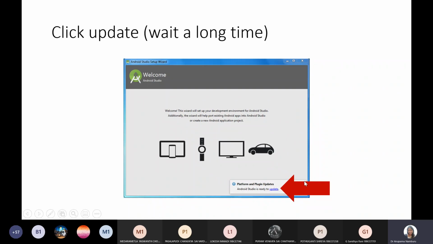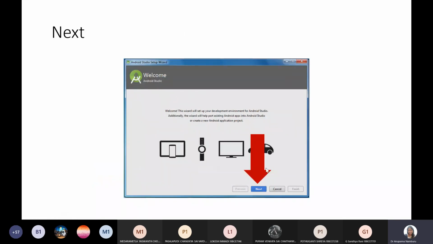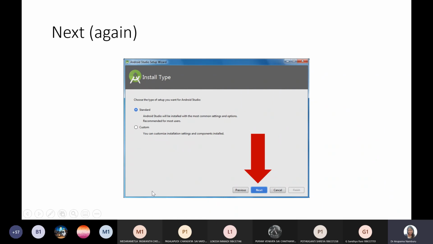And then once it is done, you will get a message on whether Android Studio is ready, or sometimes if an update is there, you will get the update immediately. But usually now with the latest Android version, it's just next, next, next. You don't have to do much. If your Android Studio is already there, you need to update and restart it, or else you will have an option to go to next. Okay. So whether you want to install